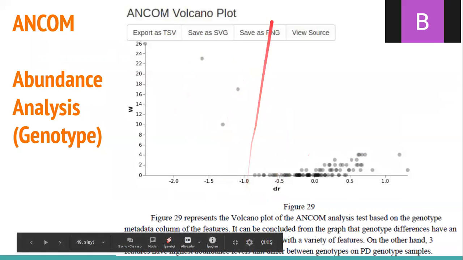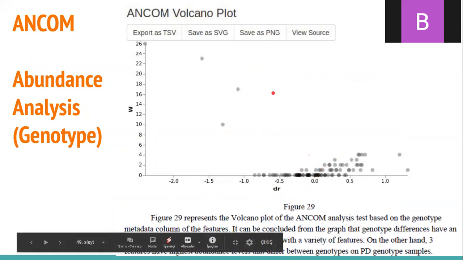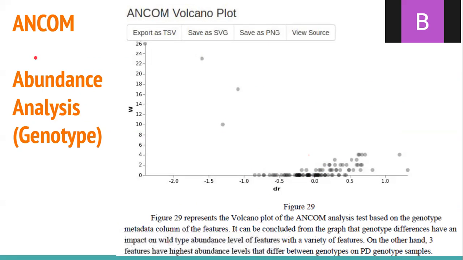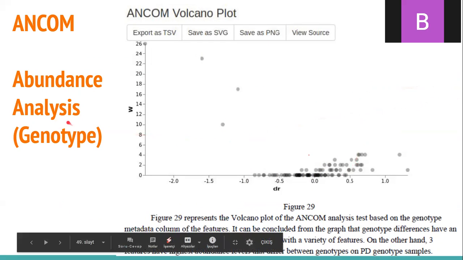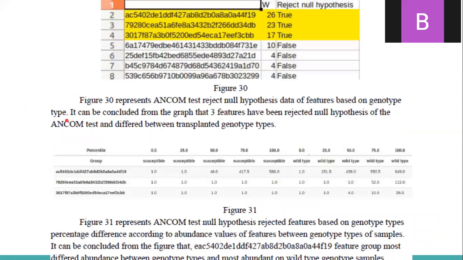In this graph, we can see that there is a 0 point, and the left side of this 0 point contributes to one genotype, the right side contributes to the other genotype. And here we can see them more clearly. Here, for validation of the volcano plot, reject null hypothesis test results have been investigated also with this file. And